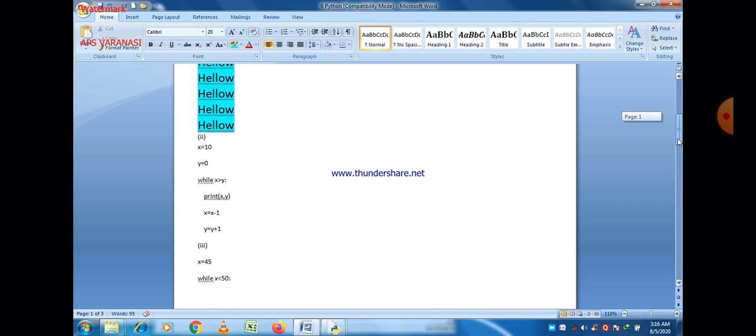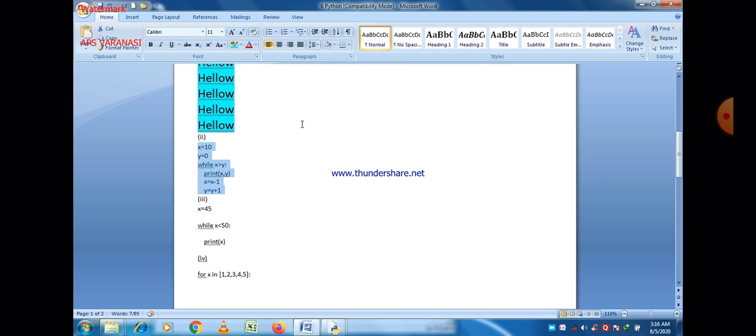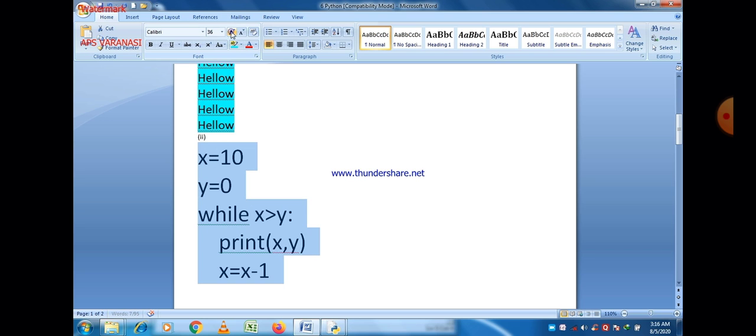Now let us take another program here. You can see that this is a program, and let us see what the output of this program is. First of all, we manually check what the output of this program is, whether our logic is correct or not, and then we execute this program on the computer system and check whether our output is the same or whether there is any difference. If there is any difference, that means there is some problem in the logic implementation or your concept.